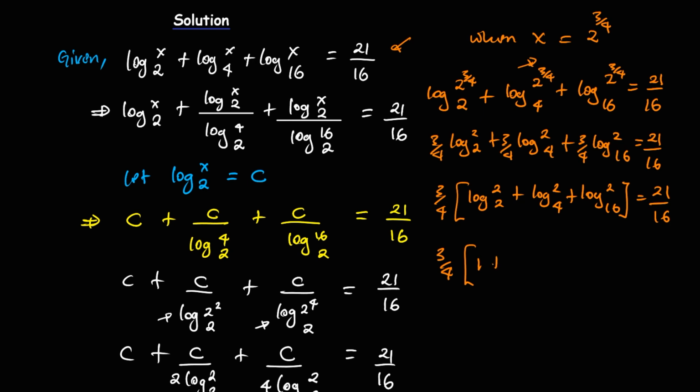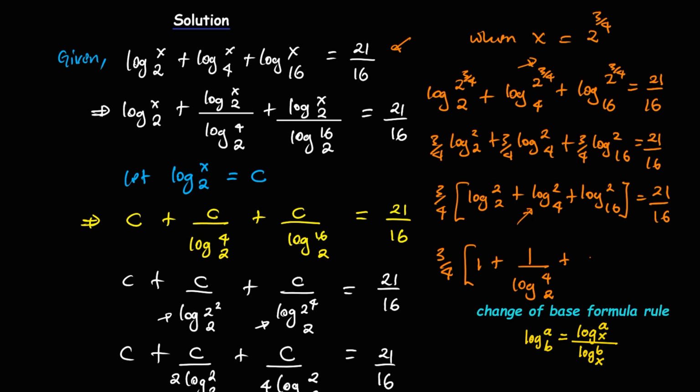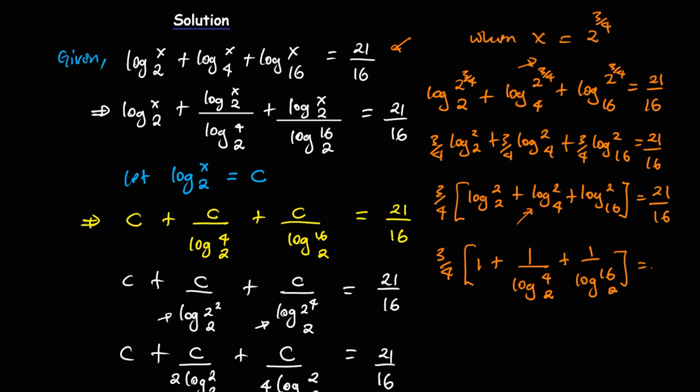So we have 1 plus, using the change of base formula, let's swap the base with the argument in this term. So we will have 1 divided by log of 4 base 2 plus, the same applies to this, 1 divided by log of 16 to base 2, and this should be equal to